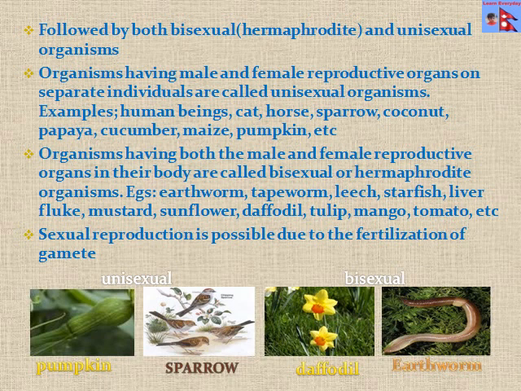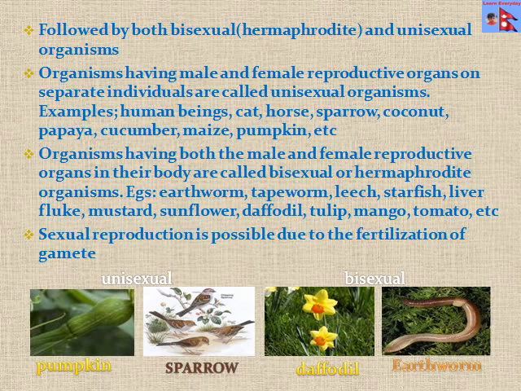Yes, the organisms with male and female reproductive organs on separate bodies are said to be unisexual organisms, like us, human beings. And there are a few more examples like cat, horse, sparrow. They are unisexual animals, and there are some examples of unisexual plants also, like coconut, papaya, maize, pumpkin,